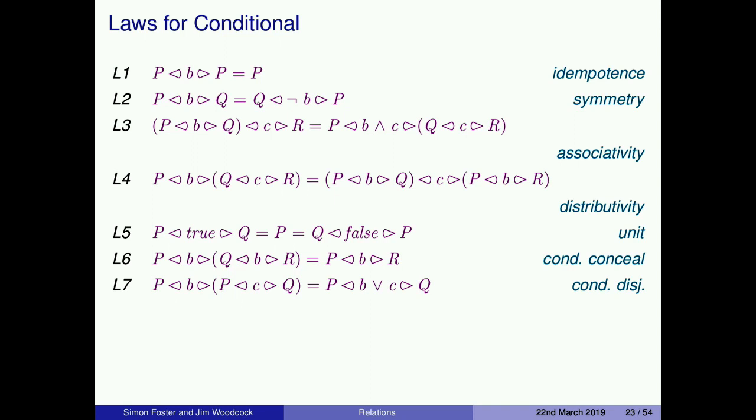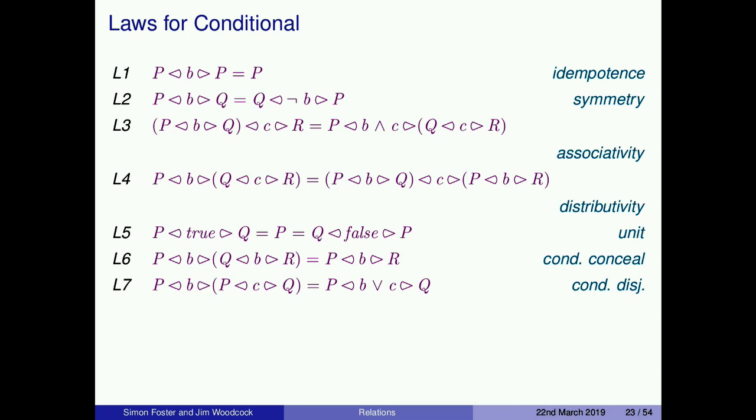I've got this kind of symmetry law for if-then-else. What this says is that if I have a conditional, then I can commute it, right? And this is why UTP writes if-then-else in this kind of infix fashion, because it suggests the more algebraic nature of the operator. And then we have other stuff as well. So for instance, if I have a true condition, then of course that's just P. If I have a false condition,